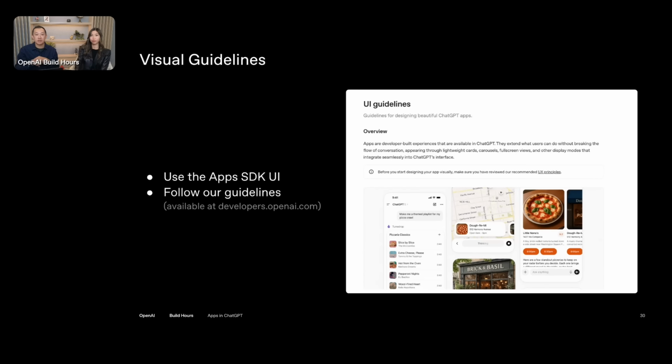So we have an Apps SDK UI component library that we mentioned at the beginning of the call. We'll show the URL for this, or you can Google or use Codex to search for this. That is pre-built components to style your app. You can even download and install that package and then tell Codex to use those same components to build your app. It's a really helpful way to get your app looking in a polished state, ready for app submission.